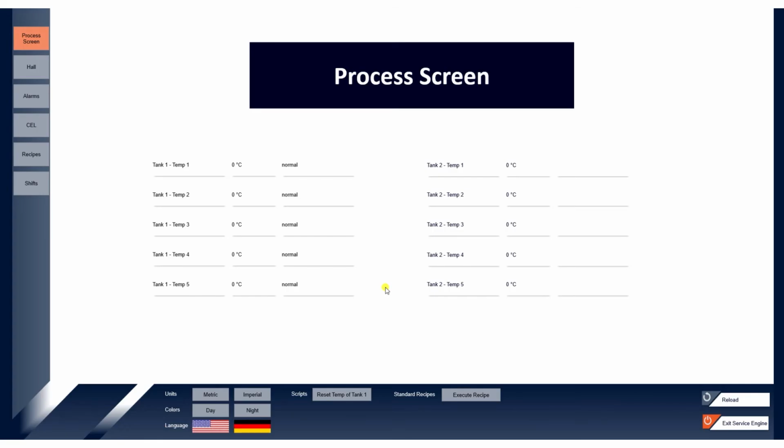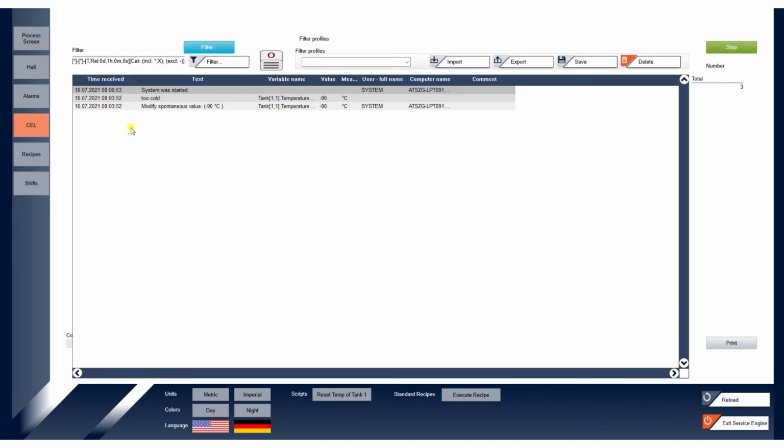In the process screen, go ahead and change the value of the first temperature to -90. As you can see, our limit value text is displayed since we defined our limit value as less than -80. When we go to the chronological event list, you find our limit value listed there, since we selected this option